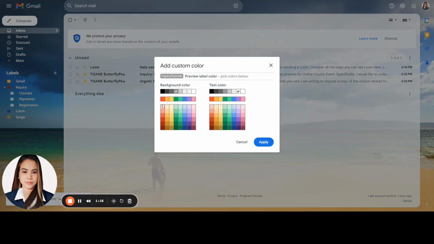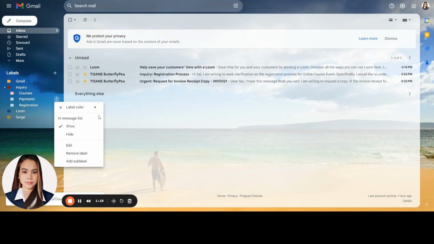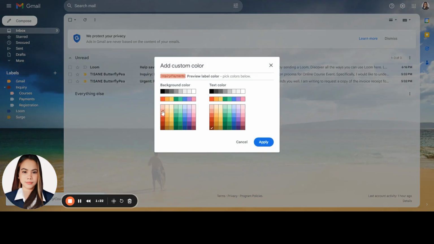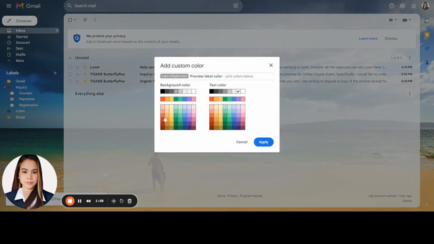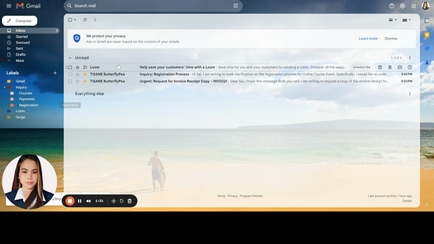Then you can also customize those sub label folders. You can change those folder colors there.